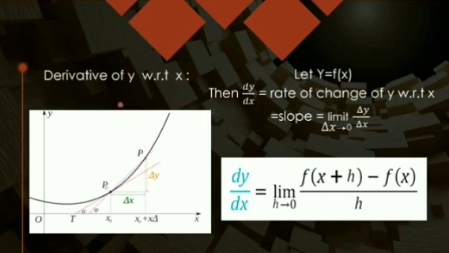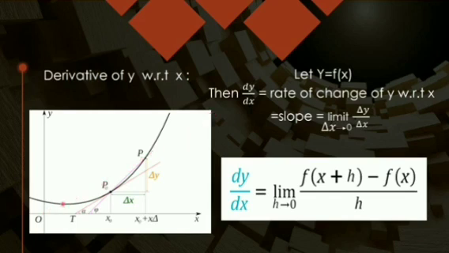So when I have to find the derivative of y with respect to x, I write it as dy by dx, and I speak it as dy by dx. The meaning of this is that I am finding the rate of change of y with respect to x, and by the definition it is equal to the limit delta x tends to 0 of delta y upon delta x. See, if I am moving with uniform motion, I have the distance time graph, it is a straight line graph. I can take the slope from any point, and it will come out the same.